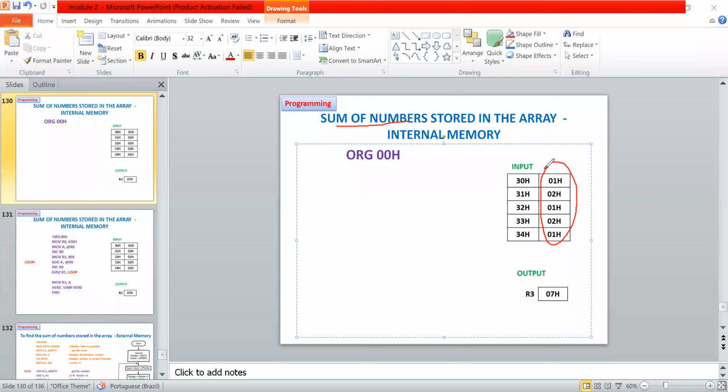So we are going to develop parallelly how to develop a simple algorithm to add a sequence of numbers. So I'm going to add 1, 2, 3. This is my memory location, and this is the corresponding memory location. There are 5 memory locations. In these 5 memory locations, I'll be adding all 5 numbers and finally placing the result in one of the registers.